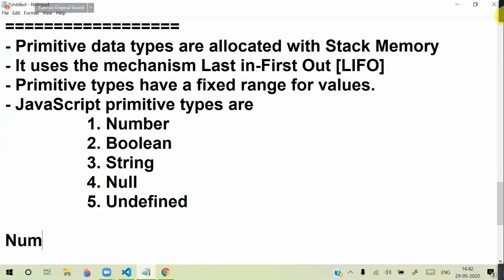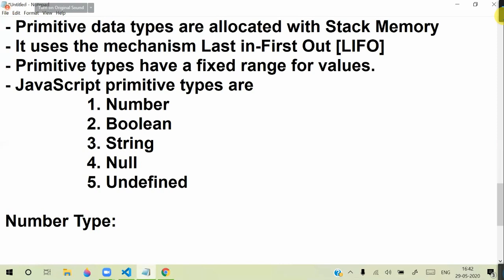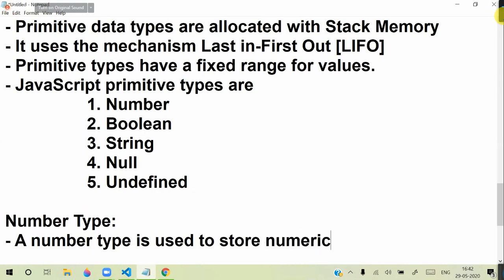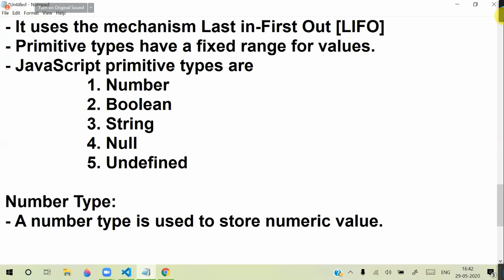First, what is a number type and when to use the number type? Actually, a number type is used to store numeric value. Number is a type used to store numeric value. And important, a numeric value